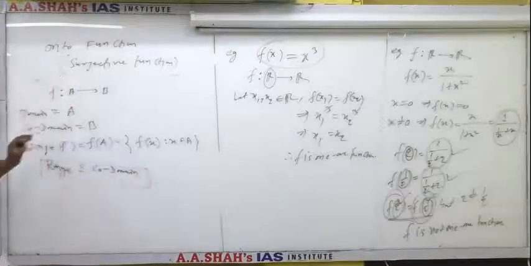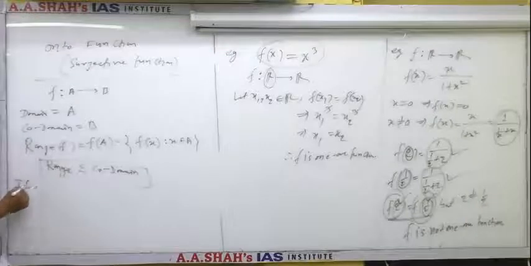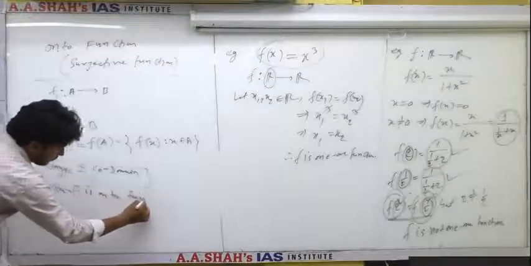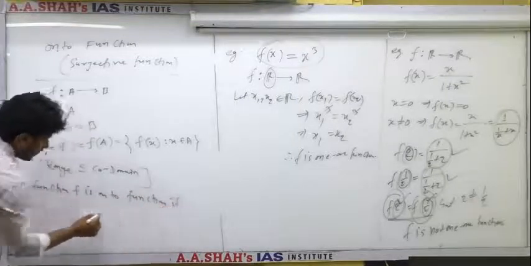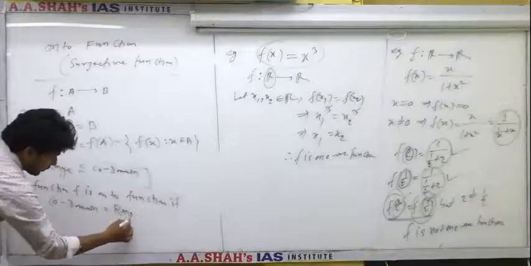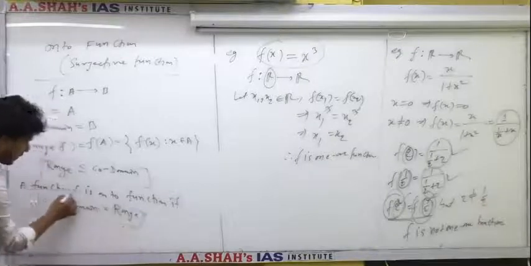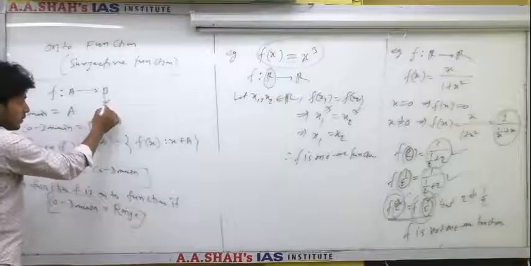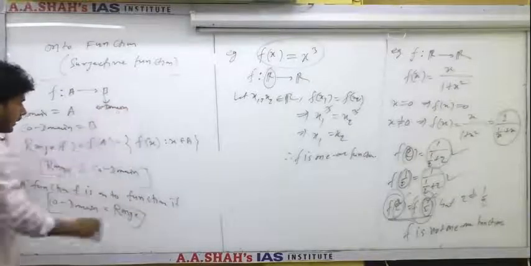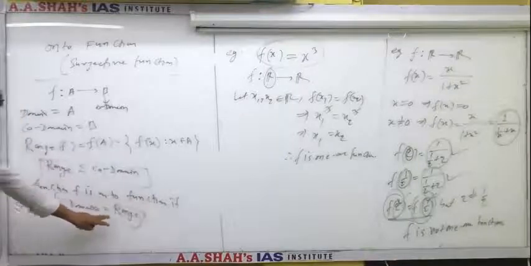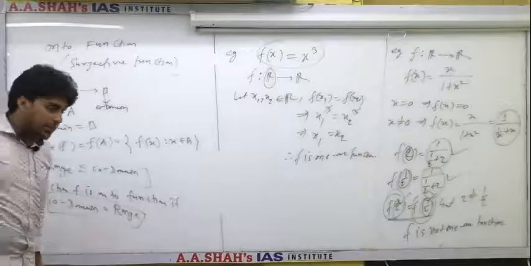Now we are defining onto function. We can say a function f is an onto function if codomain is equal to range. Means B is the codomain and this is the range, and for f to be an onto function, we need to prove that codomain is equal to range. In another way, we can say